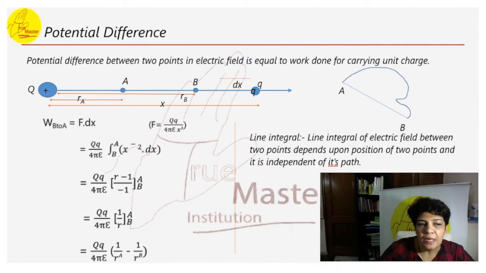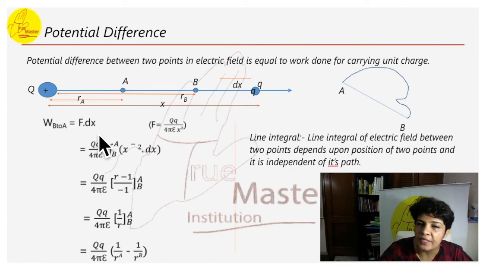Okay. Now here in this figure, we take a charge, say Q, and a test charge, a small charge, which we place here. The amount of work done to carry this test charge from B to A is in the electric field created by charge Q. So this Q charge has created an electric field and we are trying to bring this charge against the electric field. How much work is it going to take? What is the basic formula for work done? That is force into distance.